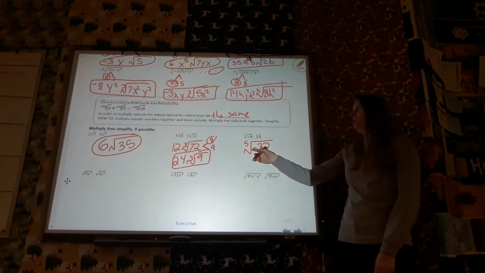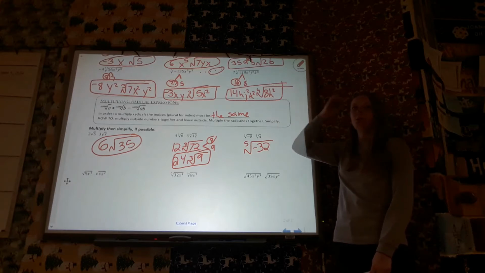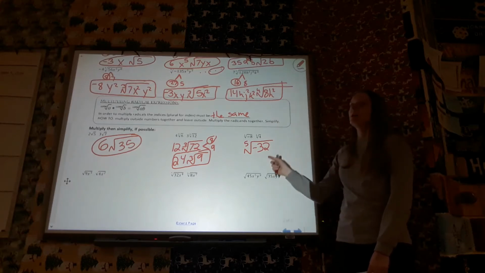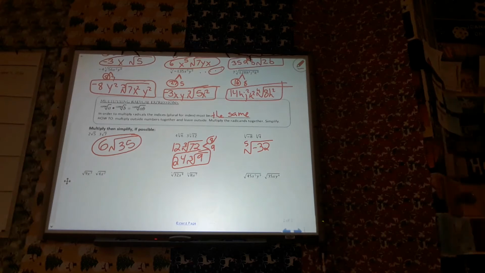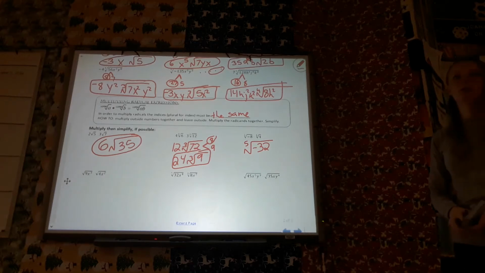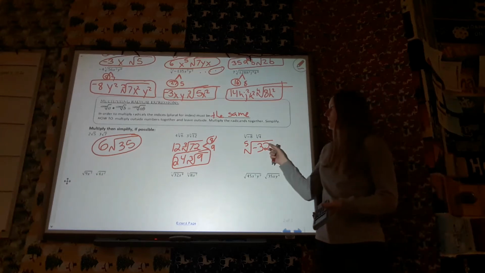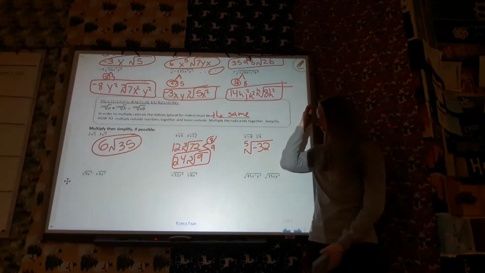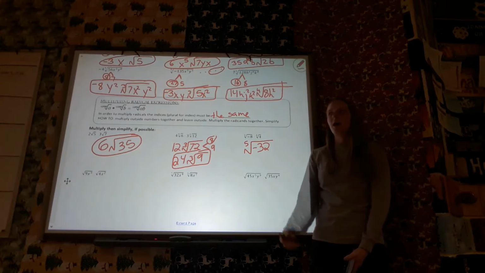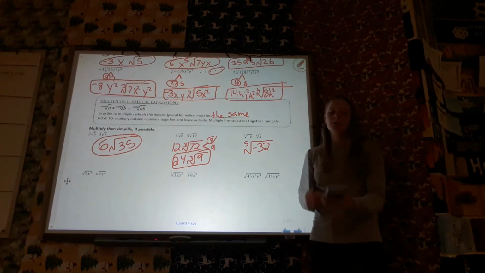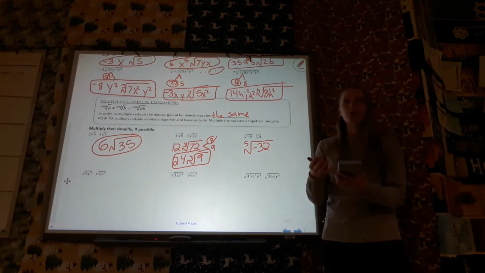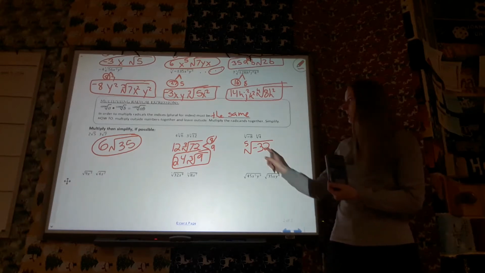Now, I know I only have a list for up to the perfect fourth powers. When you guys are here, do you know how to do high powers in your calculator? Or sorry, high roots. When you guys get something like this and you're trying to figure out what the perfect powers of 5 are, you could obviously just do 2 to the 5th power, 3 to the 5th power, 4 to the 5th power, and find out what those numbers are. Or you guys could actually put this in your